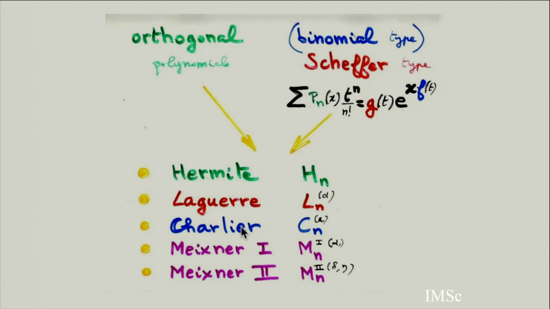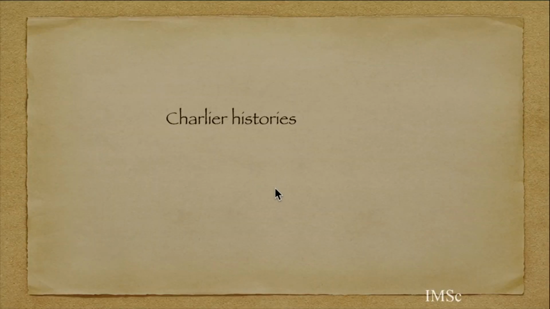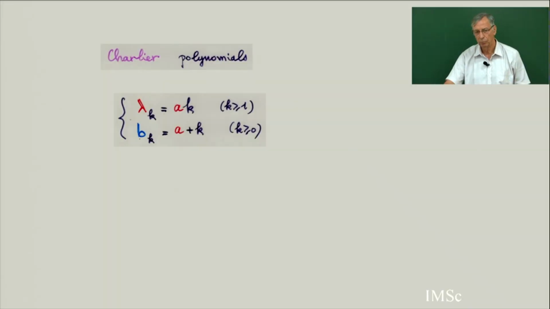For example, I'm going to show you the Charlier polynomial. If I restrict the history, I mean some choices are forbidden, then I will get the moments of the Charlier. If I restrict the history more, I will get the Hermite history, and then the moments will be involutions with no fixed point. So, for example, Charlier history. The Charlier polynomials have moments the Bell numbers, and I'm going to prove it using the Laguerre history.